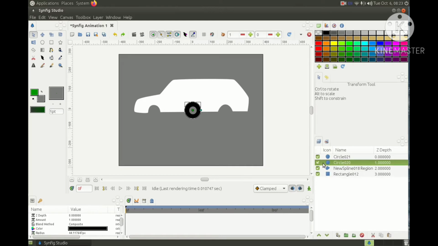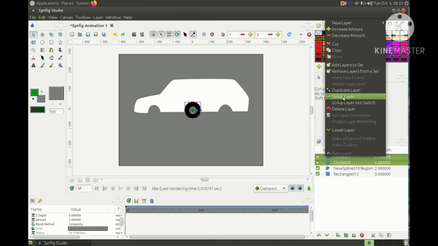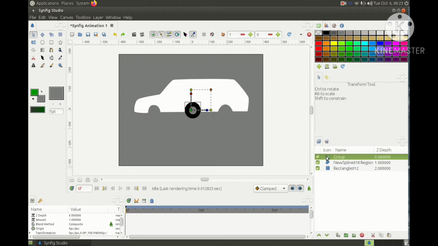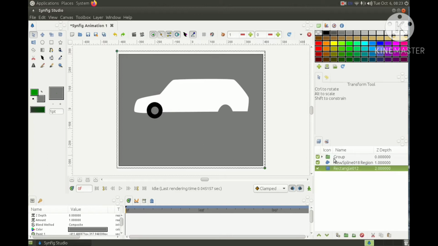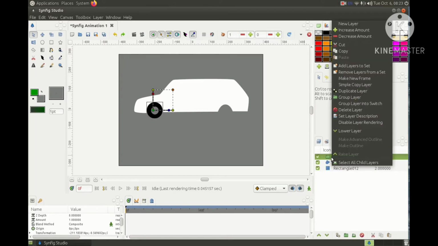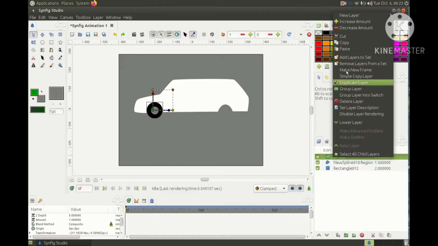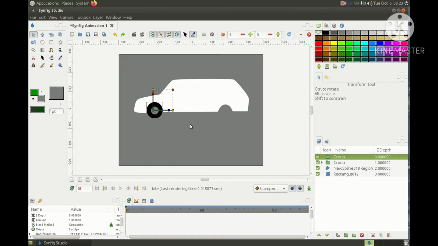So first of all, I'll select both these circles and group them. Okay, now set the first wheel here. Select the group, right click, copy and at the same place right click and paste. A new group is created.